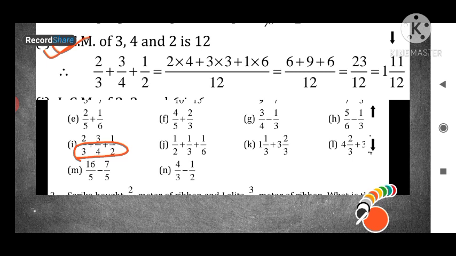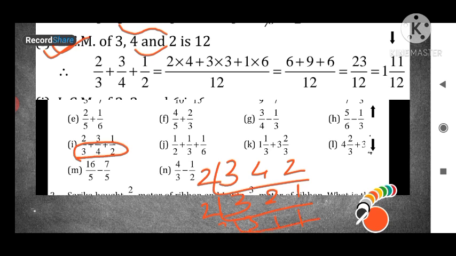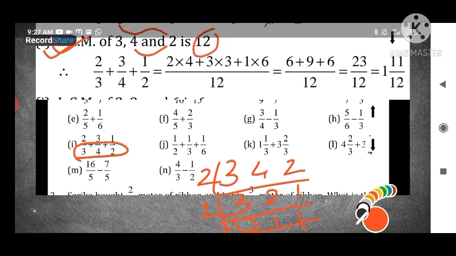Now you will not multiply all the numbers directly. Okay, because 4 and 2 they have a common factor. So how you will find LCM? You will find 3, 4, 2, isn't it? Now 2 is not divisible with 3, so you will write down 3, but this 4 is divisible with 2. 2 2s are 4. Now 2 1s are 2. So what is remaining here? 2, 1, 1, then 3, 1, 1, 1, isn't it? Now 2 times 2 is 4, 4 times 3 is 12. So what is our LCM? Our LCM is 12, isn't it?